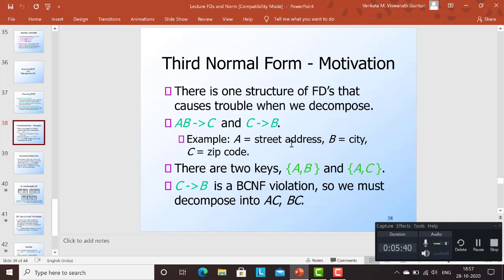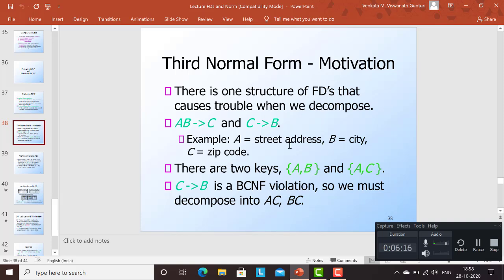So the address in United States, the way it works is that you have a street address. So that means plot number followed by some street number and then city and zip code, right? And it may happen that two different addresses, let's say you pick an address like plot number 100, 7th street, right? So different cities may have the same plot number and street number, but in a particular city, that is